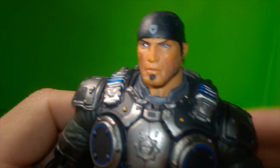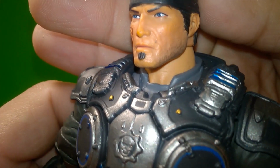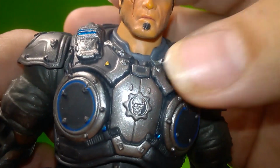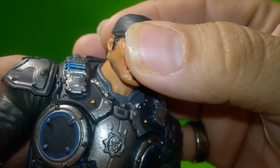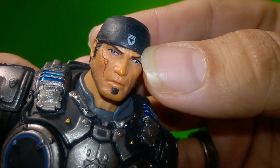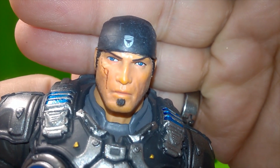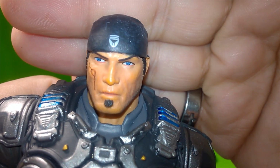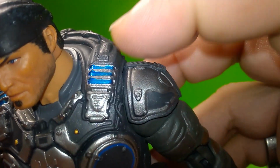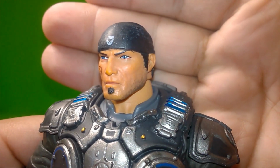As you can see, the detail on his face is really well done. Really nice. The five o'clock shadow, little goatee there, the scar looking really well done. The crest there with the phoenix. His eyes having the bluey blues with the black dot, and even representing with a gloss that makes it look like real eyes. The nice shades of blue there, the gray right there, the blues there,